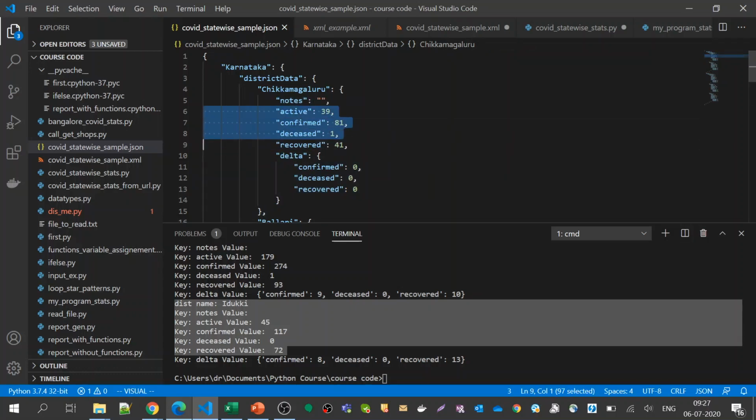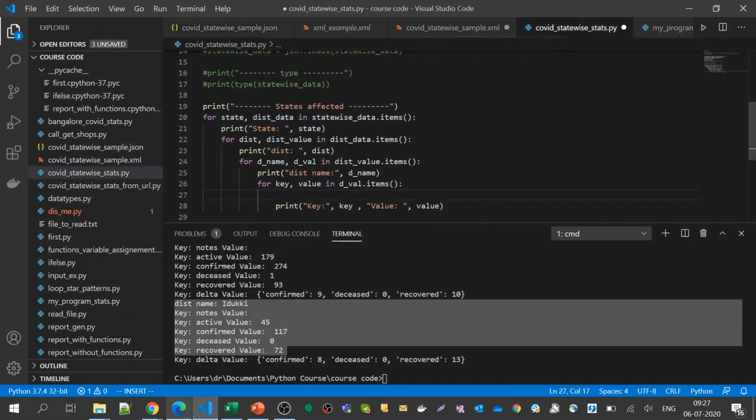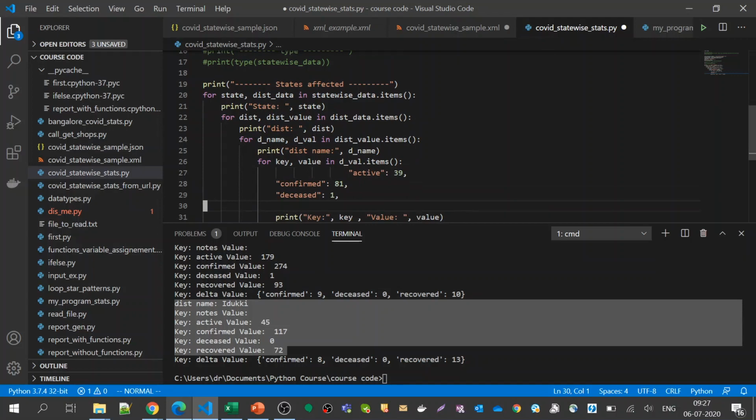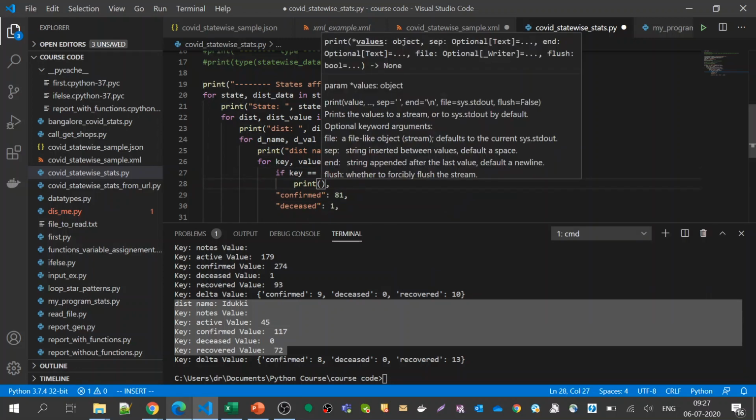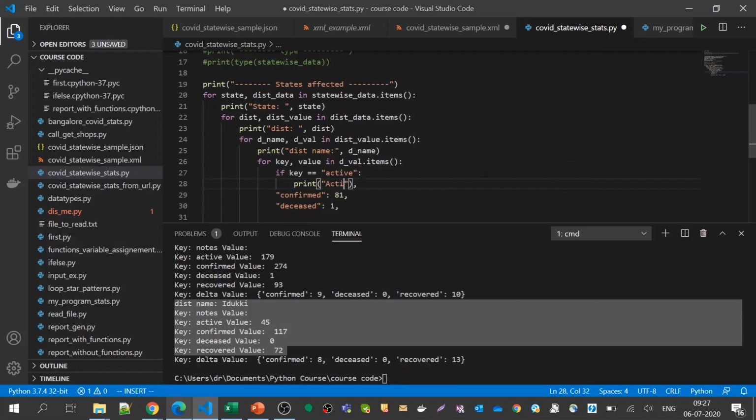Okay, so for reference what I'm going to do is I'm just copying and putting it here. So these are the keys. How you access keys and values is actually simple. If key is equal to active, I'm just printing, but you need to use counters and add it.